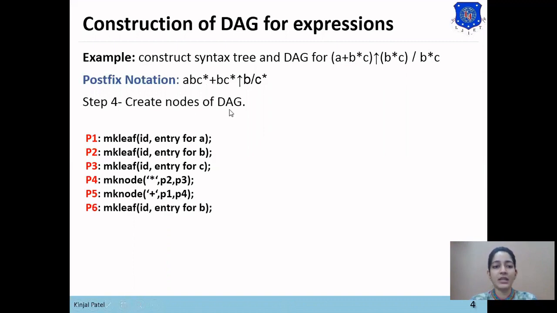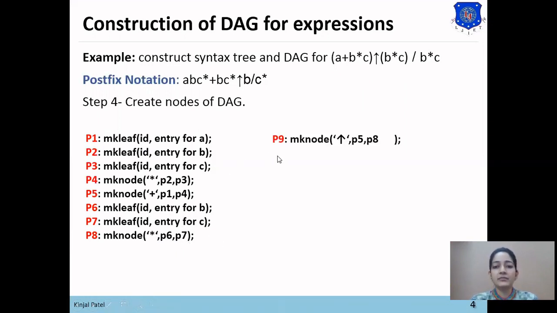Now the next operand is B. For B, the makeLeaf function is used to make the entry for B, and this is stored in P6. Now the next operand is C. For C, the makeLeaf function is used to create the node for identifier C, and that identifier will be stored in node P7. Now the next operator is star. The left child of star will be P6 and the right child of star will be P7.